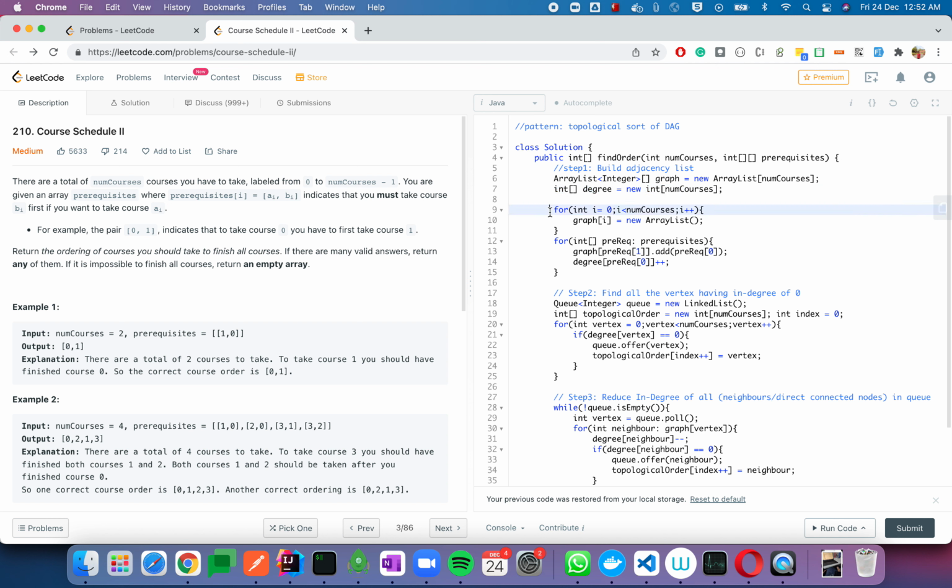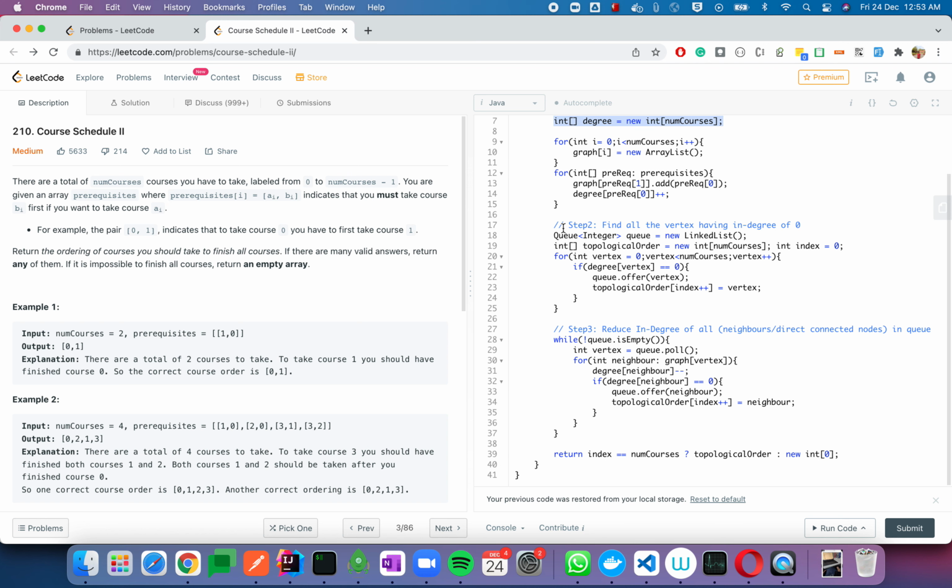This is a one-time thing. You first find all the nodes which have an in degree of 0, and whenever you find a vertex which has an in degree of 0, you simply push that vertex into the queue.